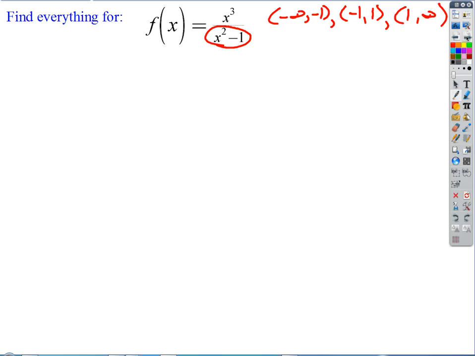Those are easy. We already knew how to do those from before. Horizontal asymptotes. Are we going to get them here? No, we're not. How come? If I look at that function, why do I know right off the bat that I'm not going to have horizontal asymptotes? It's going to blow up. Good. Because the numerator, the polynomial on the top, is higher order than the polynomial on the bottom, right? So we know we're going to get this kind of behavior.